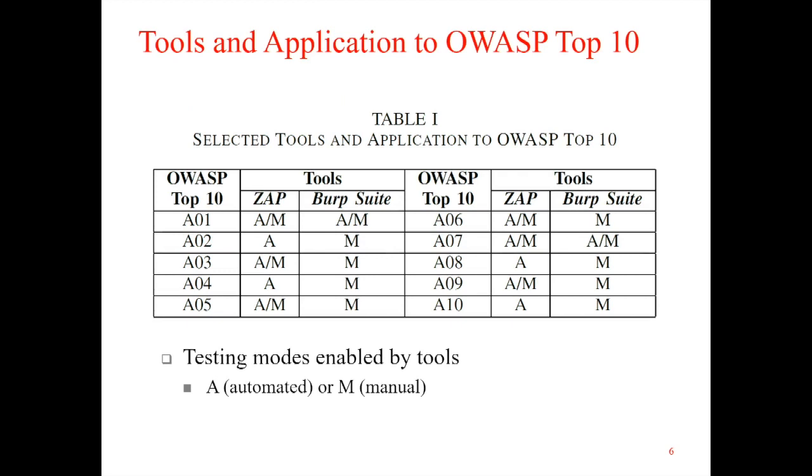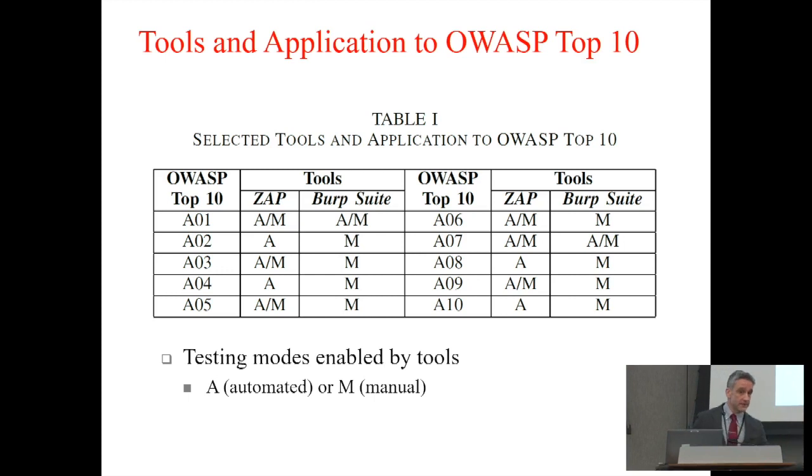And so what we did was we essentially identified 3 tools. They are our 3 covariates in the statistical model sense. And we categorized them: there's ZAP attack proxy, Burp Suite, and then manual testing. I want to get down into the details of this table, but one of the most important things to realize